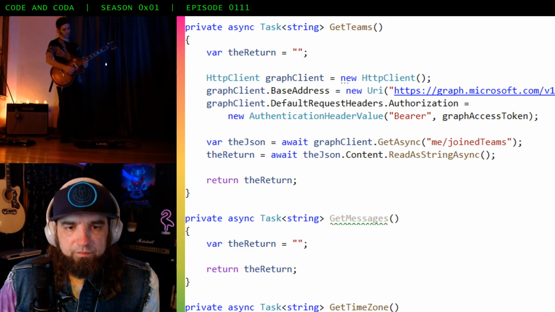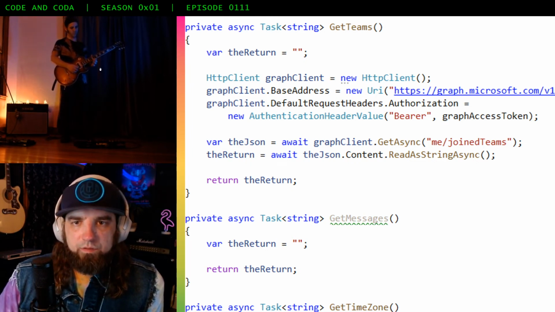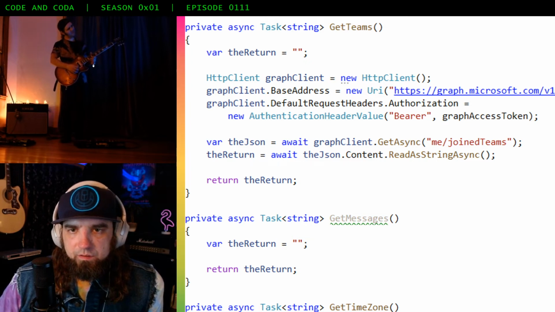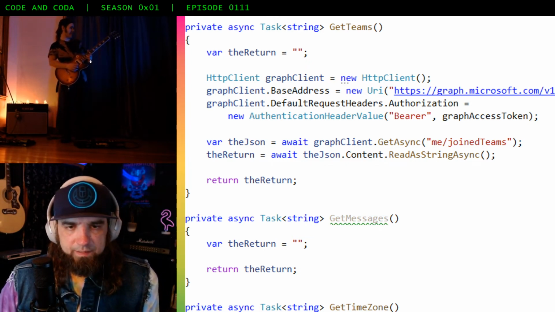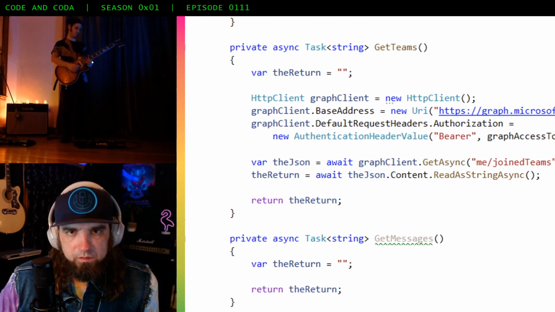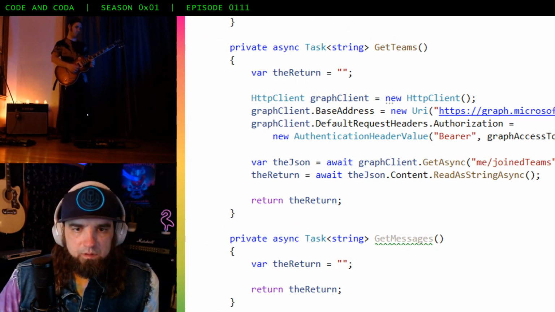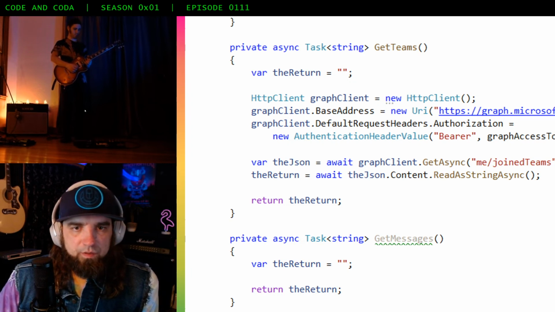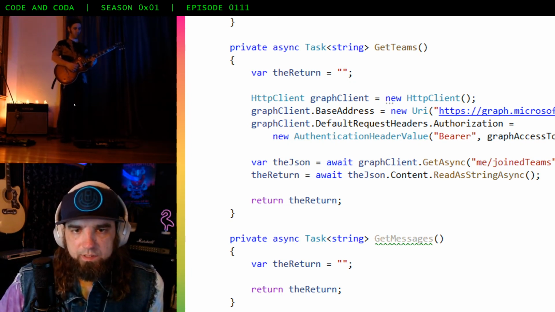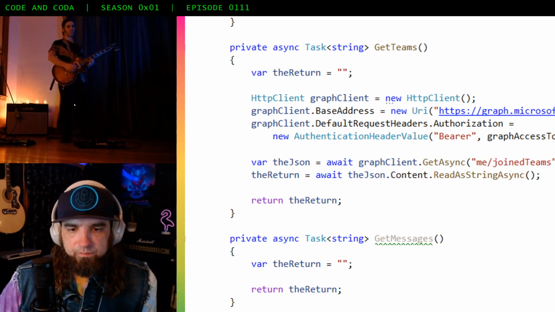You remember that from Graph Explorer. And what that's going to do is get a list of my teams. We will need to parse through that data a little bit further. We won't get through that today, but we will take a closer look.